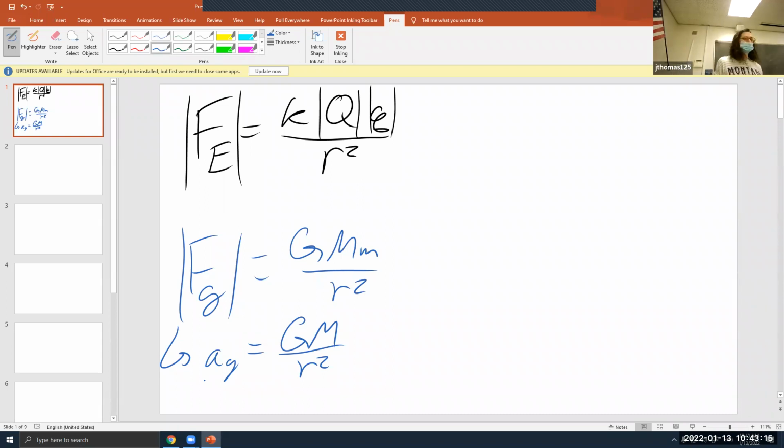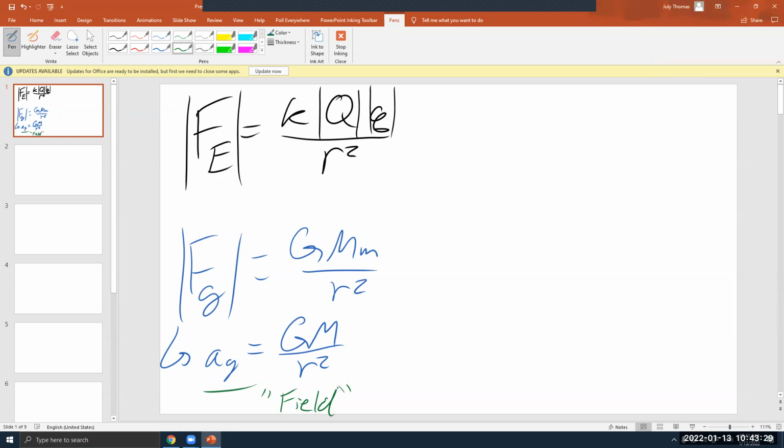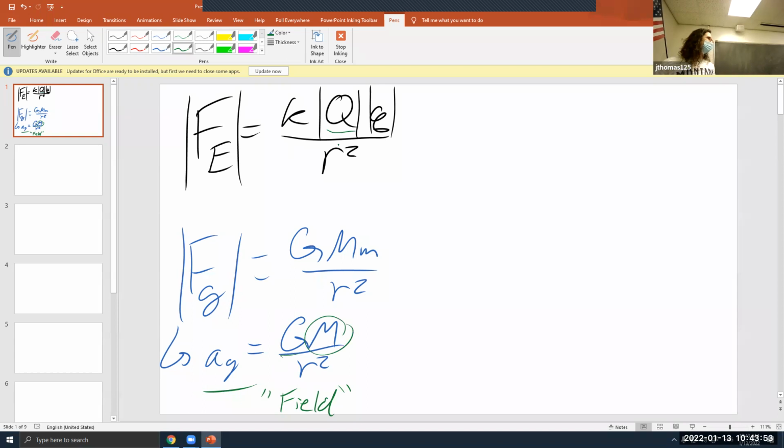Now, what we did not do with this equation of physics 1 is we did not define this to be something called the gravitational field. That is new, but it's just a matter of assigning a word to it. And you've probably heard gravitational field maybe in a context of science fiction or something like that, a gravitational field around a planet. And that is in fact just talking about the acceleration due to gravity around a planet. Now, just as we defined the effect that a mass has by virtue of its gravity on the space around it, we can define the effects that a charge has on the space around it by virtue of its charge,